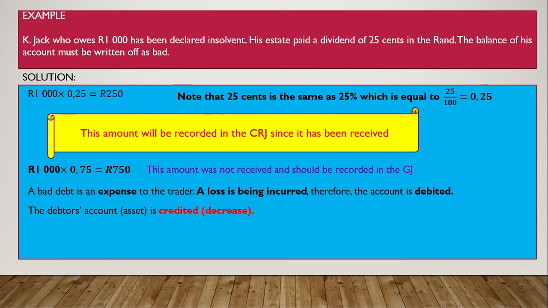Debtors control, which is an asset, will be credited because it decreases. Debtors will owe us less. This debt will result in debtors owing us less because it will be written off. We are erasing it from our books, meaning that the debtor will never owe us the 1,000 rand that they initially owed us. They owed us 1,000 rand, we only received 250, meaning that from them we still expect to receive 750, which we will never receive